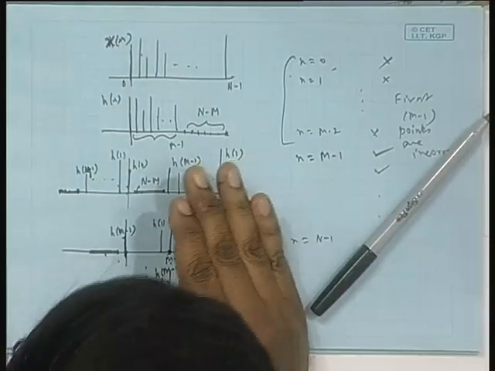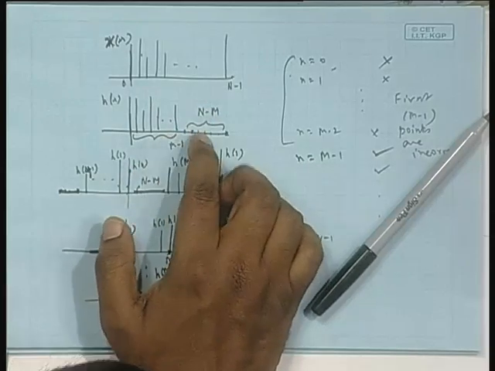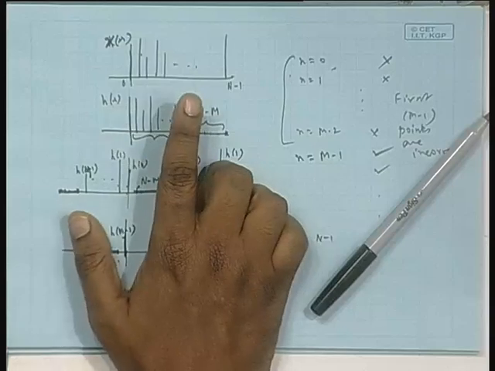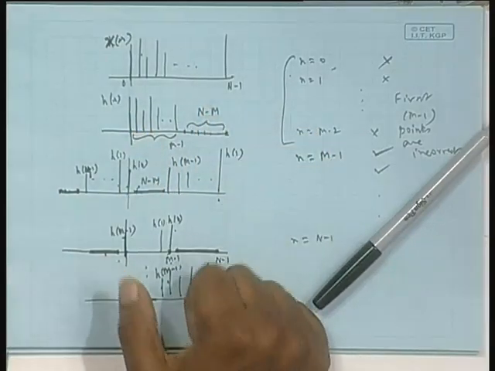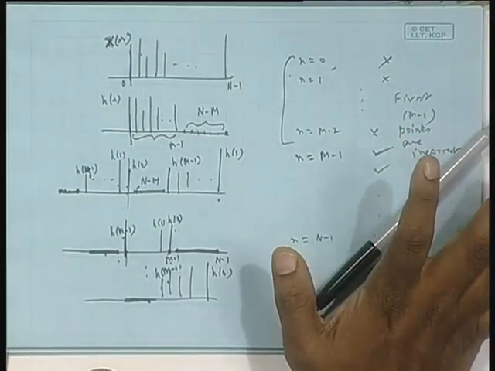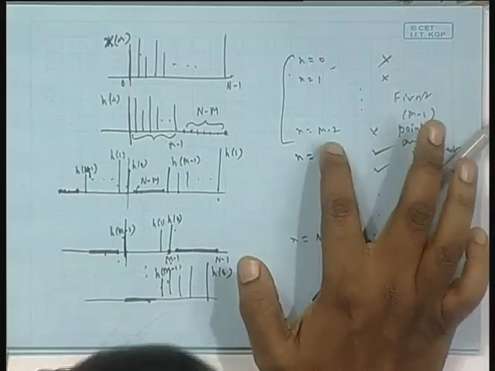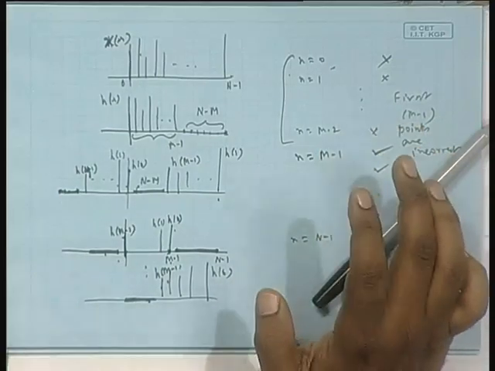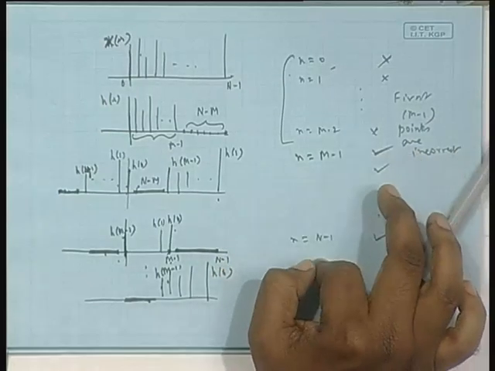So, again let us sum up. There are two sequences, one shorter, one bigger. To the shorter one I added extra zeros to make its length equal to the bigger one, and then I followed a circular convolution. In that circular convolution, I still get a length N sequence, out of which the first m minus 1 points will give you wrong data, that is from the 0th to the m minus 2th. From the m minus 1th, you will start getting the correct linear convolution result till n equal to capital N minus 1.